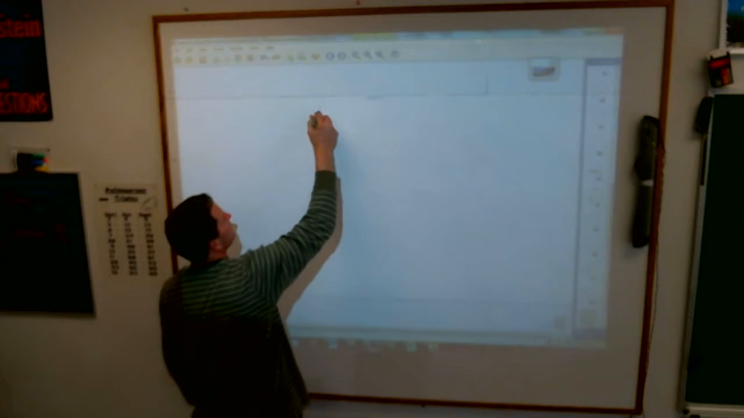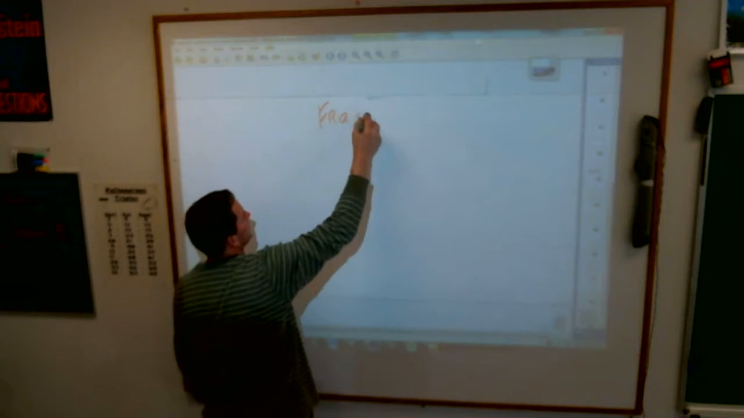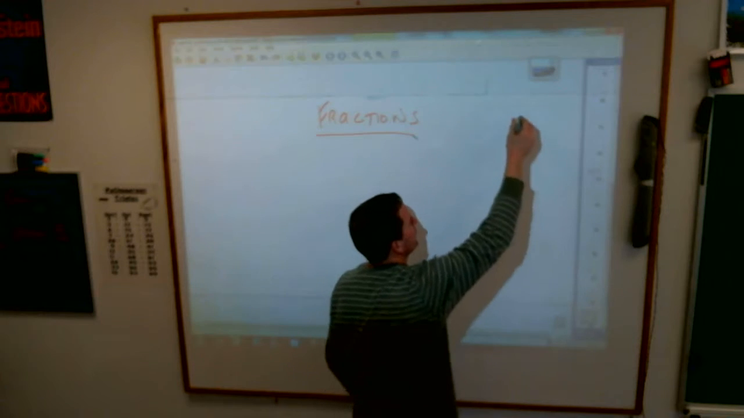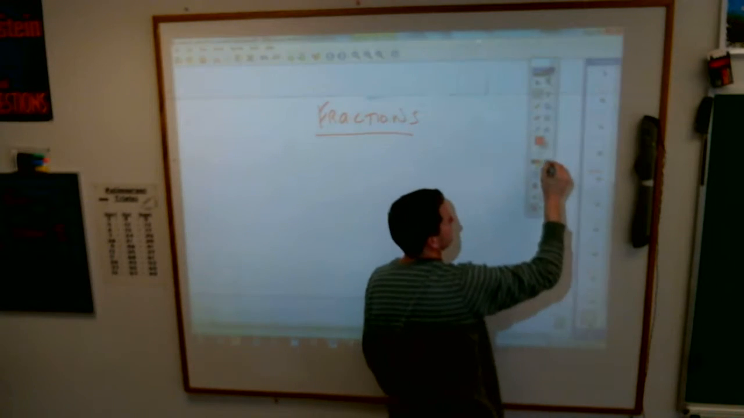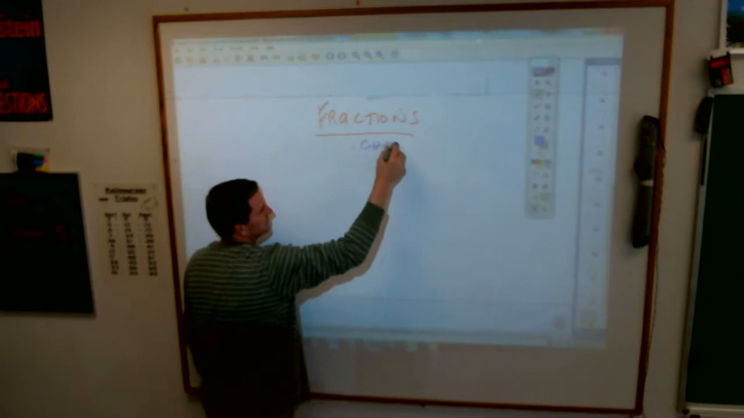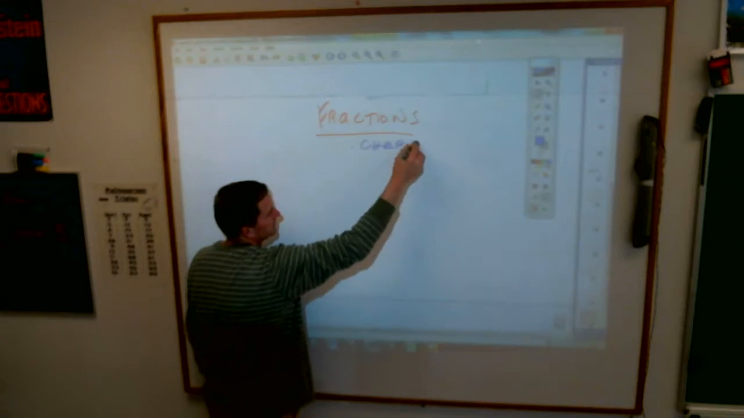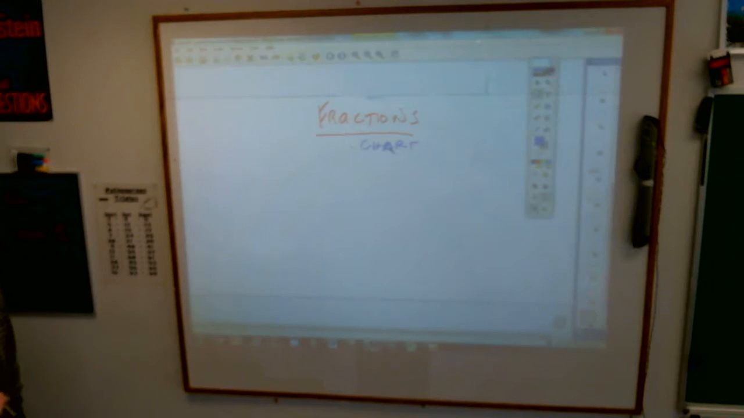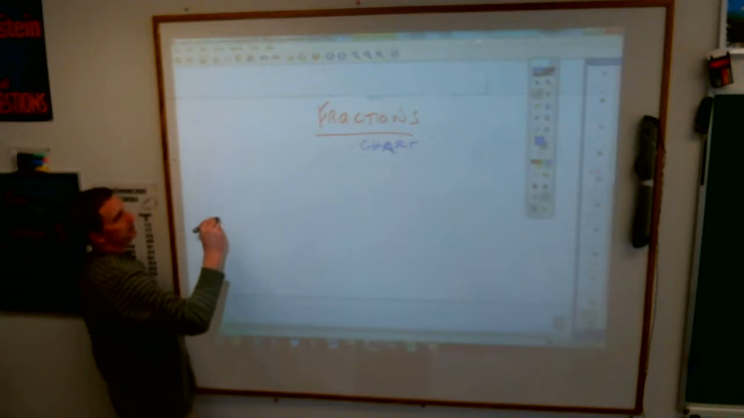Under fractions, a couple of things about fractions, kind of putting everything all together. The book will talk about a fractions chart, and that is nothing more than a quick way for you to see what you do differently when you do different operations with fractions. For example,